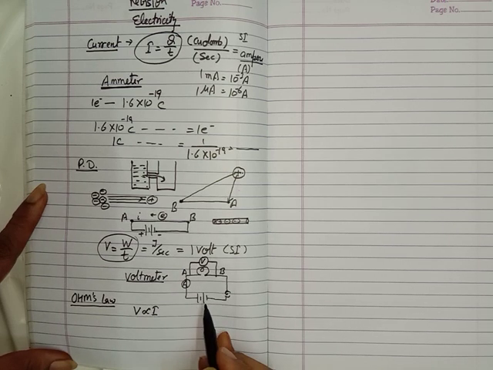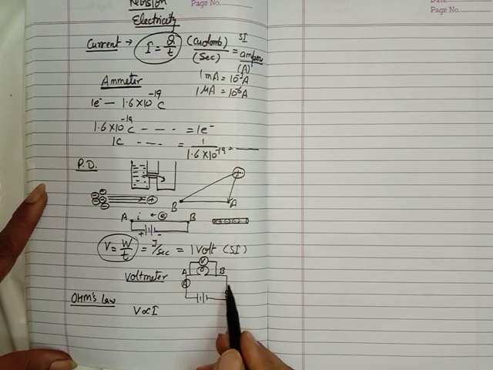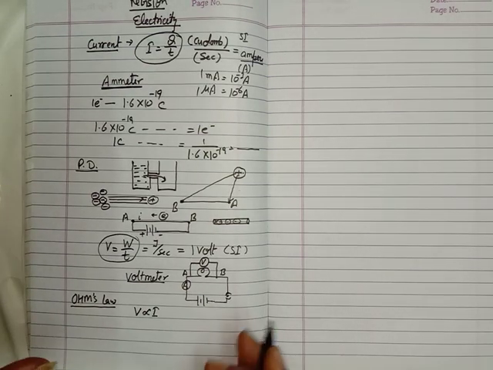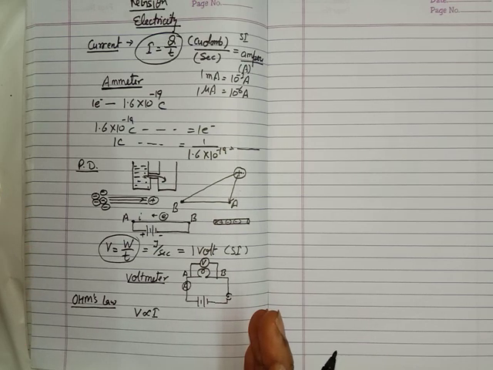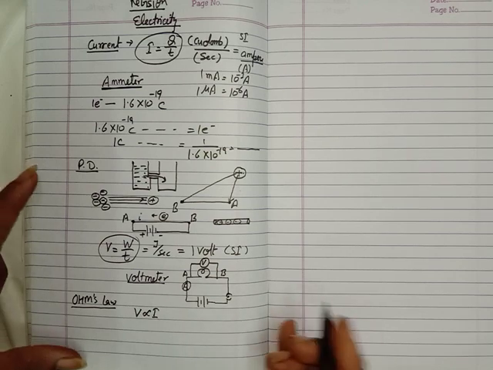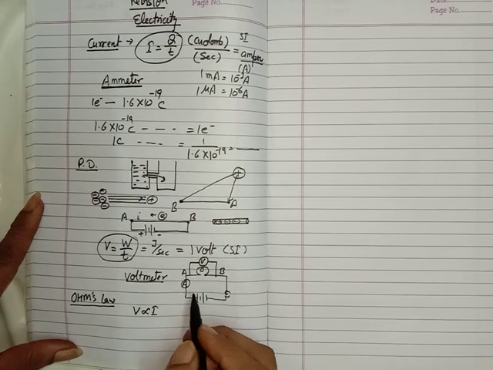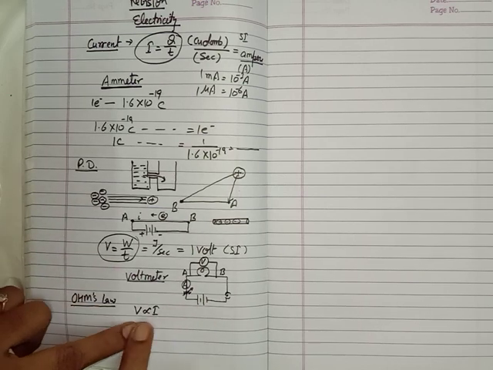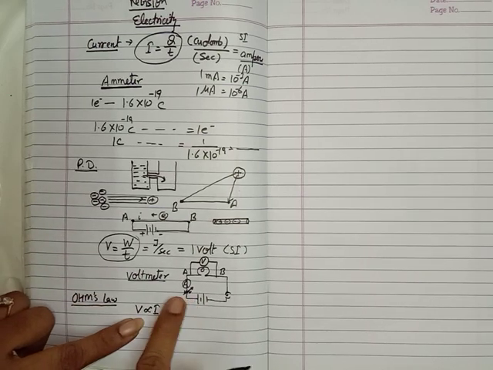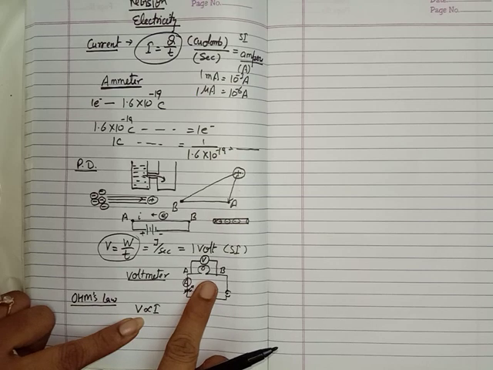First of all, we have to know the instrument which we use to change the current in the circuit, which we use to change the resistance in the circuit. It is the rheostat. The rheostat is the instrument which we use to change the current in the circuit. By changing the current in the circuit, he found that the potential difference also changes.